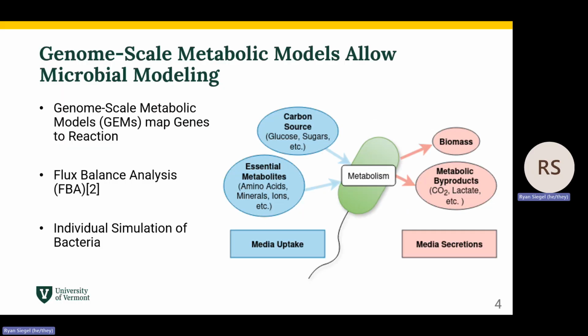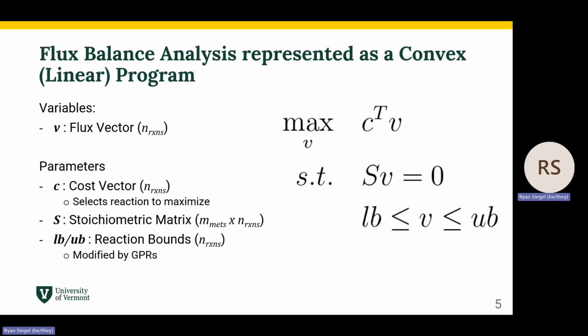And so the way that we understand and model microbes is through genome scale metabolic modeling, which allows us to map genes to reactions and then run flux balance analysis on that. This allows us to represent the flow of nutrients through a microbe and its metabolism, and understanding the outputs that come out. This allows us to individually model an individual microbe where we maximize total biomass, and then we give